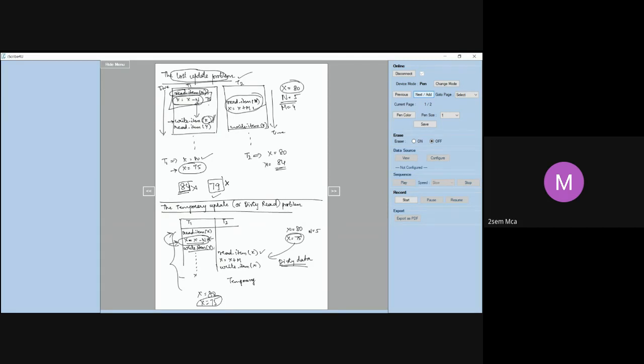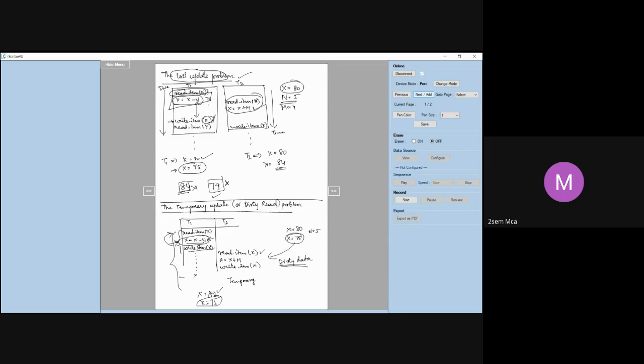After doing this, the transaction has failed. So, what should the system do now? Whenever a transaction fails, it should undo the operations of T1 and bring the value of X back to 80, because transaction T1 has failed.